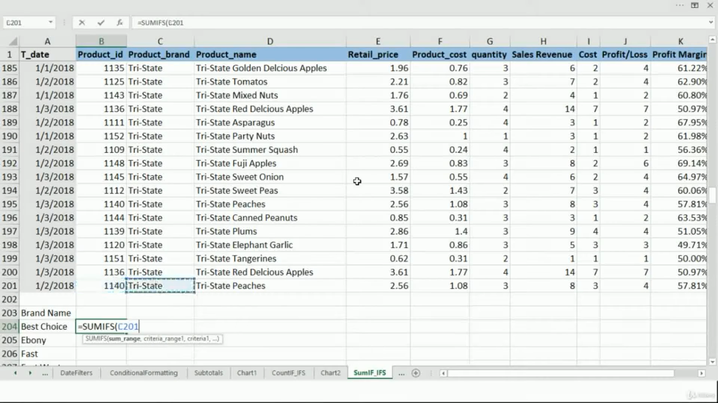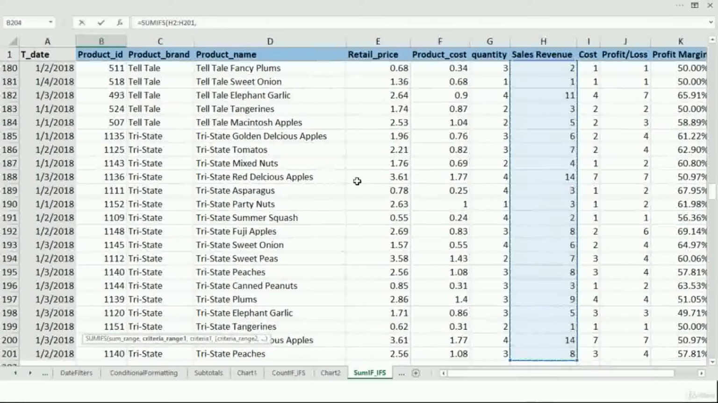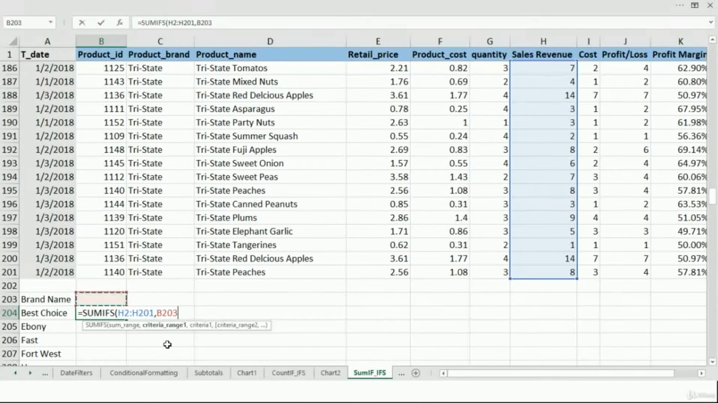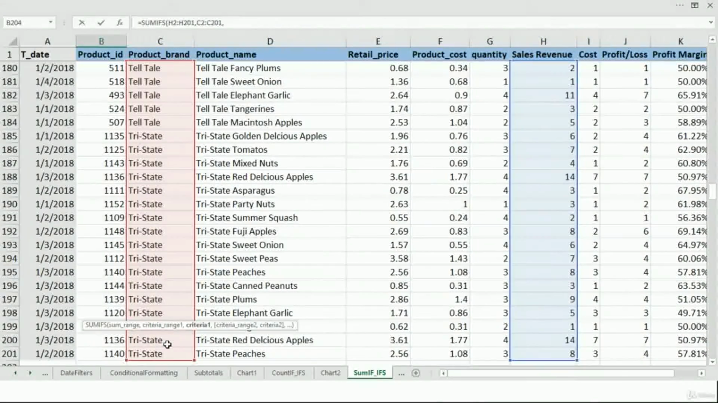So I will go to the column which I need to sum. I need to sum the sales revenue. So I will select all the column here, and let's go back to the formula, and the next argument Excel is asking me is criteria range 1. So again I have to select the range for my criteria 1. So I will go to the brand and I will select the complete range from top to bottom,